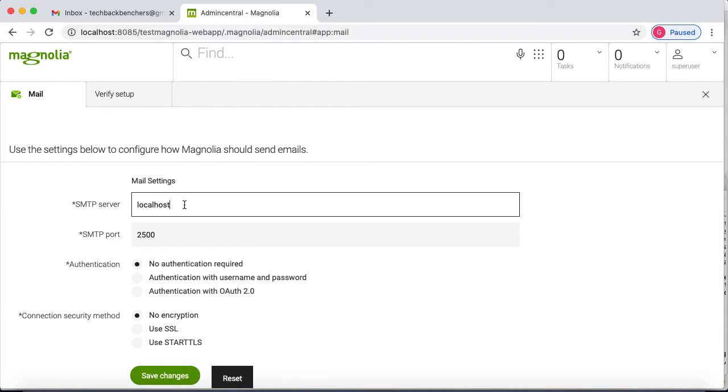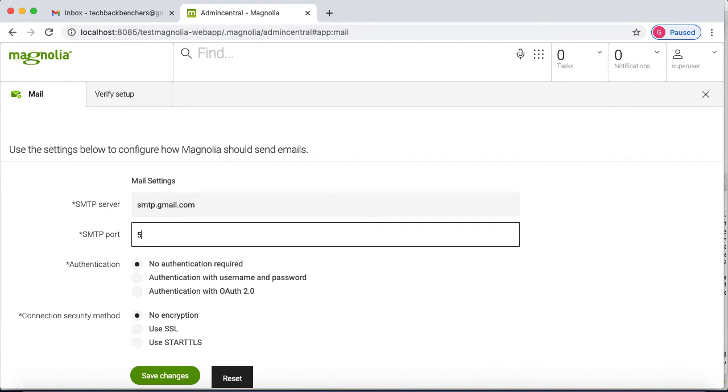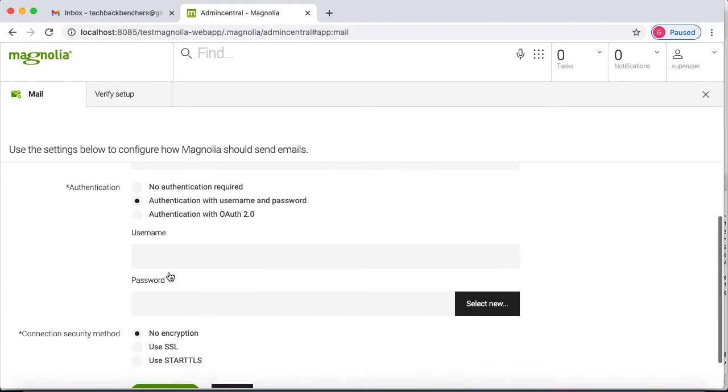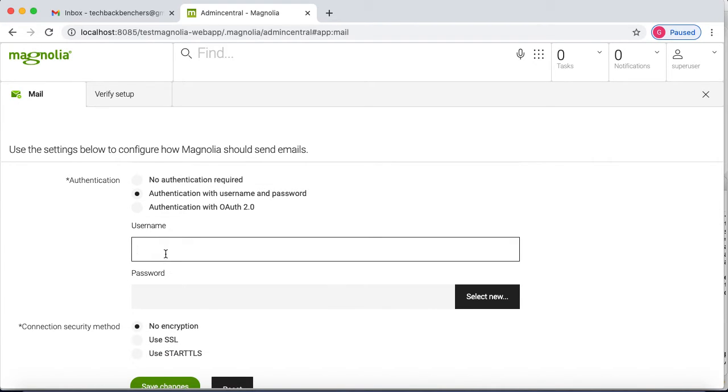So here what I will do, I will remove this and I will put smtp.gmail.com, and I will use 587 as a port, and here for authentication I will use the same email because I'm using the same email for both purposes.